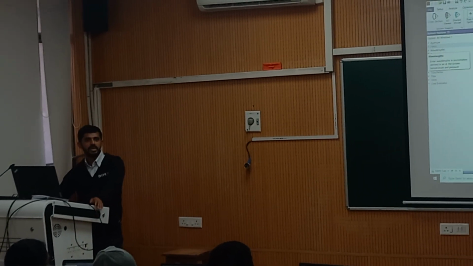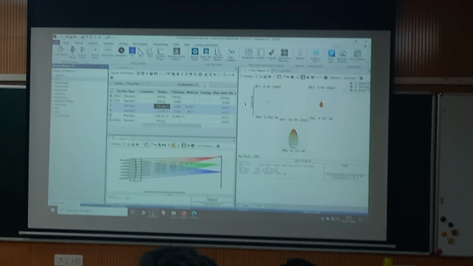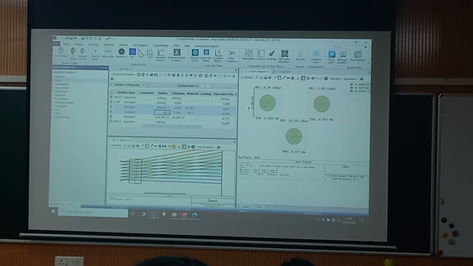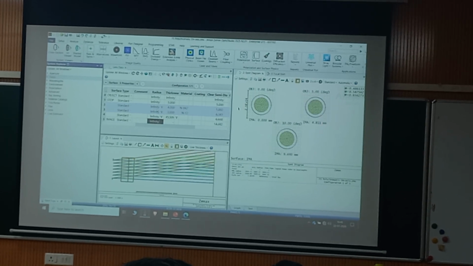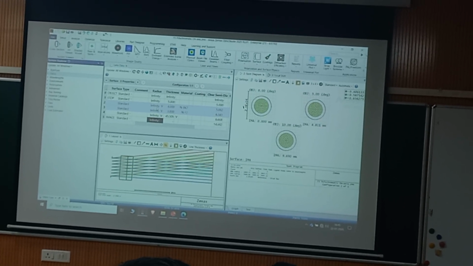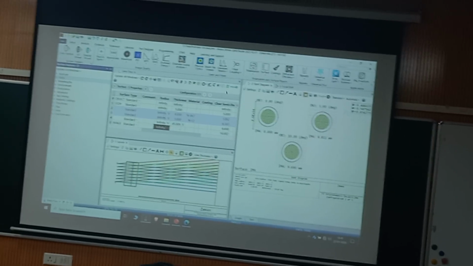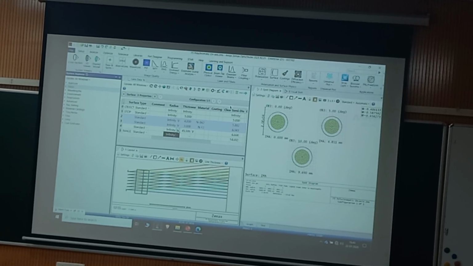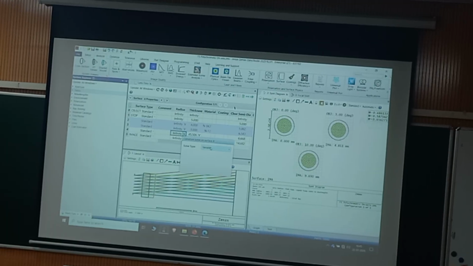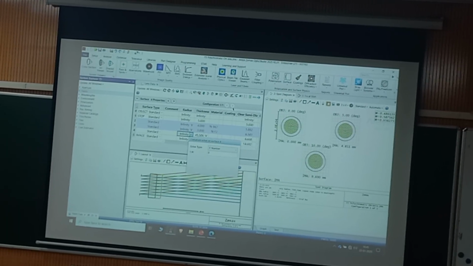क्या करना है? सबको सारे surfaces infinite लिख दो. Go over here, type INF, infinite. So all are plane surfaces now. Once all are made plane, second last surface, click this, go to the solve type and click on F number.